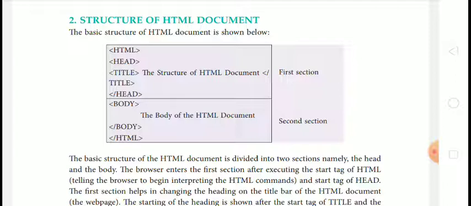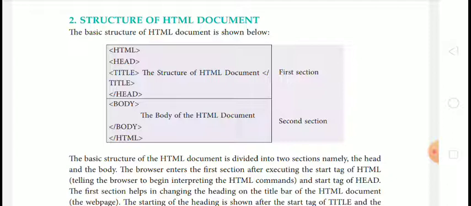After closing the heading tag, we will use the body tag. In the body tag, whatever you type will display on the web page. So as we have written the text, that is the body of the HTML document. The body tag is the second section, and from head to title tag is the first section.